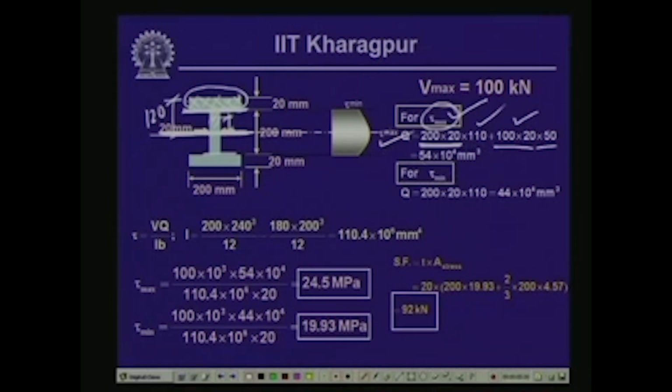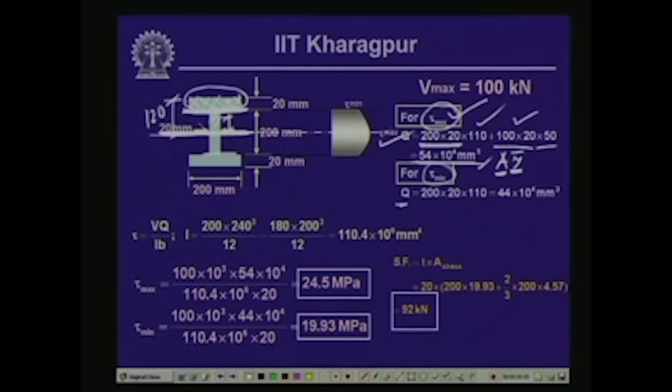And if you compute this, it comes to 54 into 10 to the power 4 millimeter cube. Now, this is Q, which is A y bar. The unit of A is millimeter square and y bar is millimeter, hence this is millimeter cube. Now, for computing the minimum shear stress tau minimum, which is at this particular section, the area to be considered